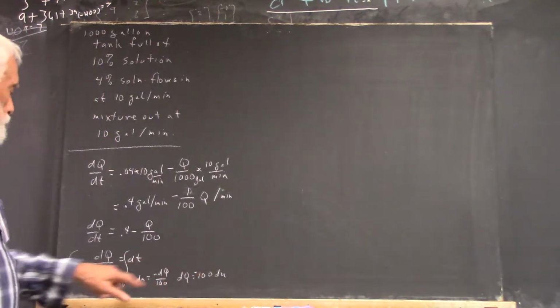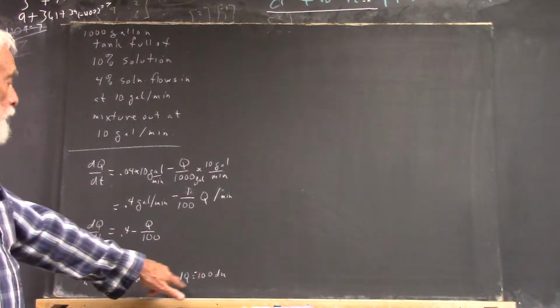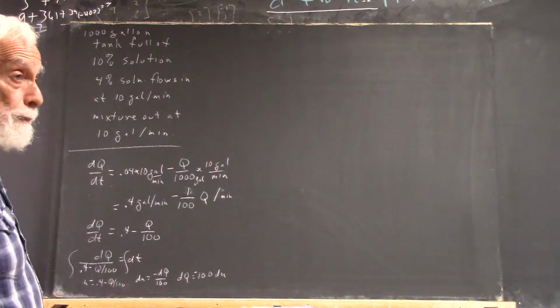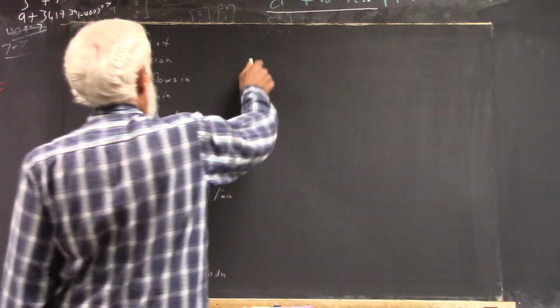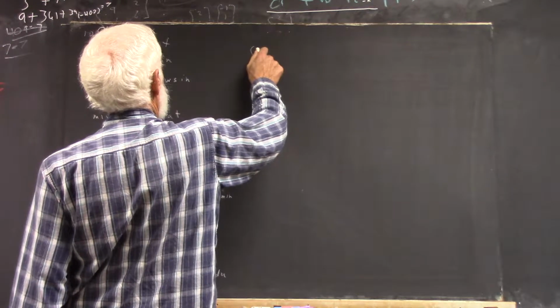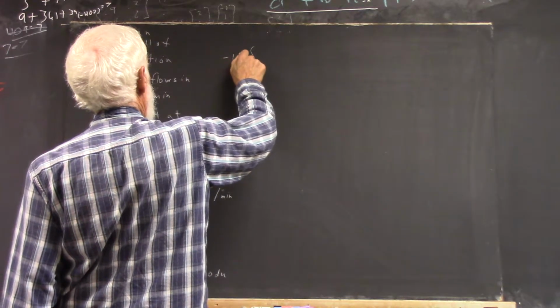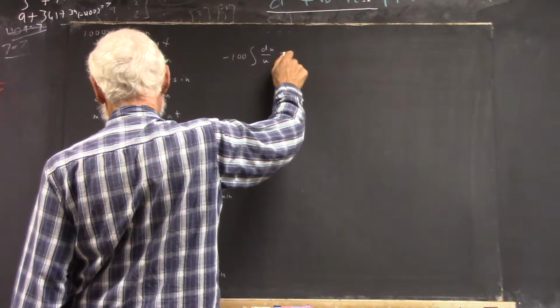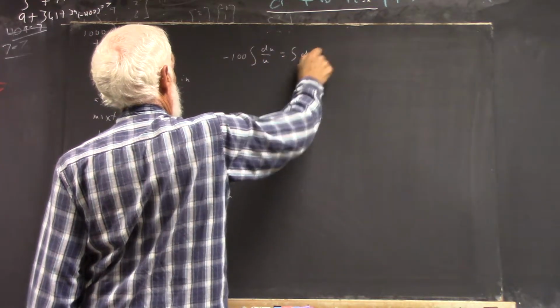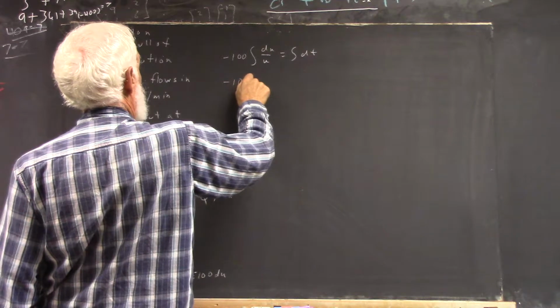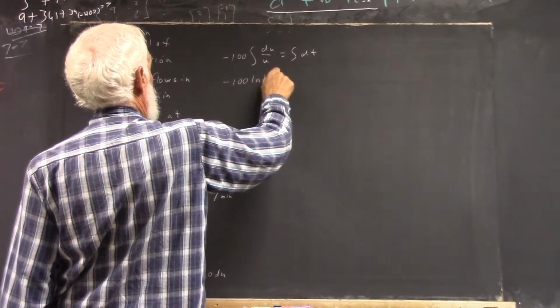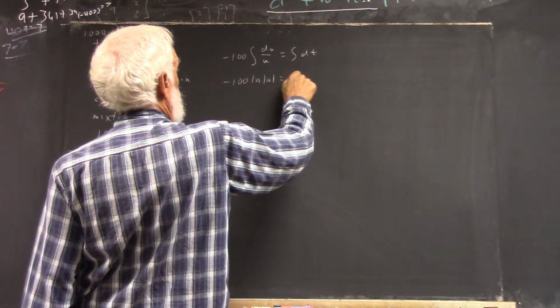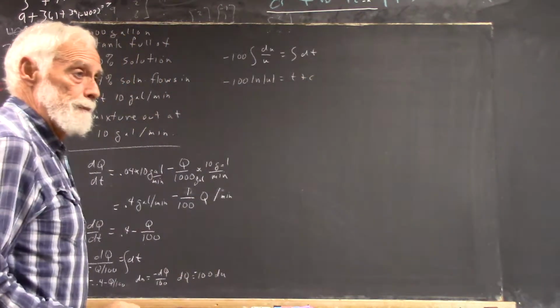So you find that if u equals its denominator, dq is negative 100 du. So you have this equals the integral of dt, so negative 100 natural log of the absolute value of u equals t plus a constant,